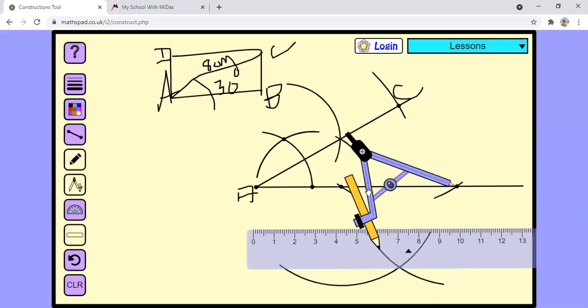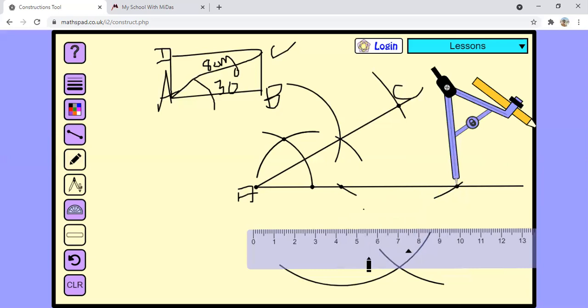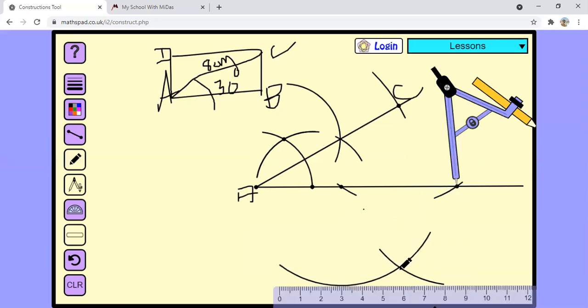Now wherever those two arcs are cutting, this point should be joined with the point C with the help of a ruler. Join this point of intersection of the two arcs with the point C, okay, and this line where it cuts, that point is B. This intersection point is B.